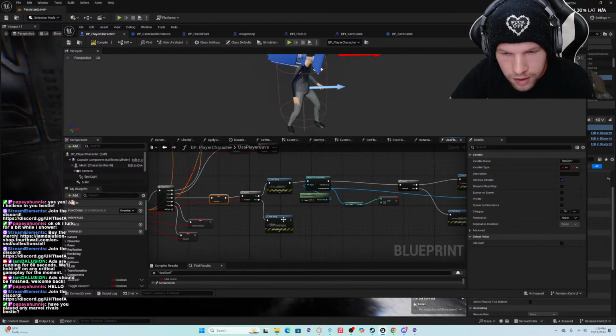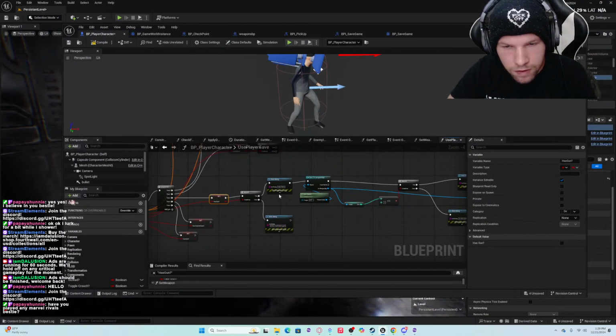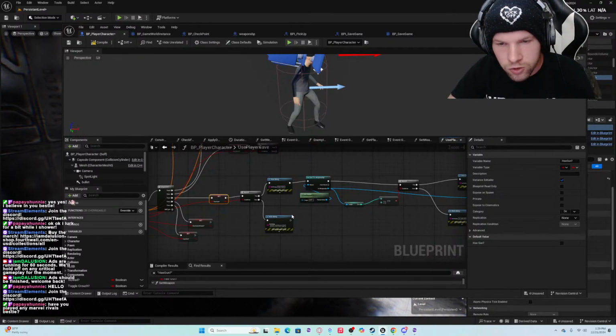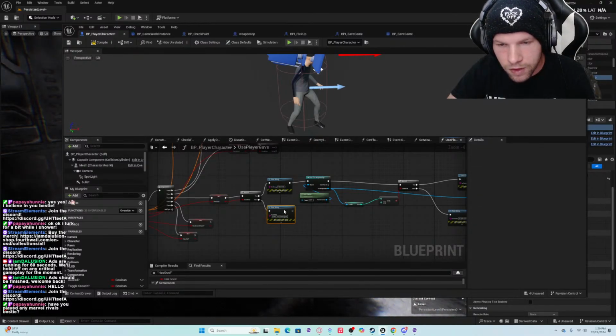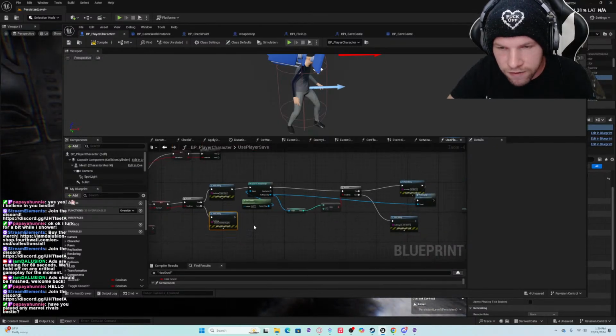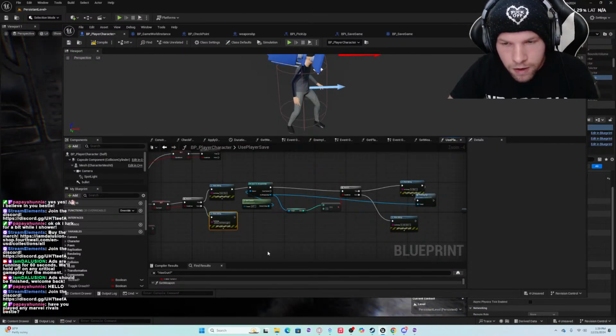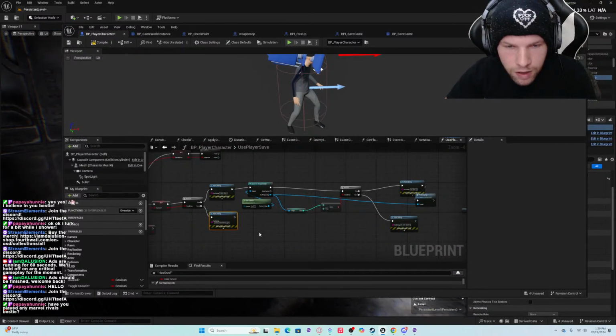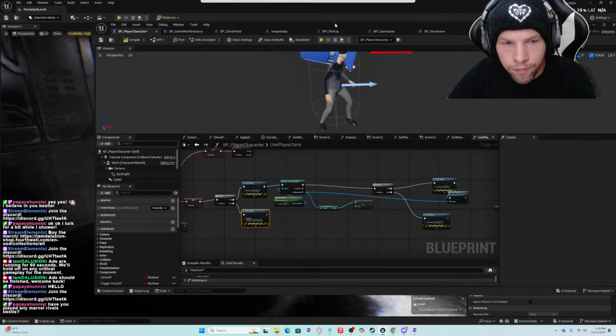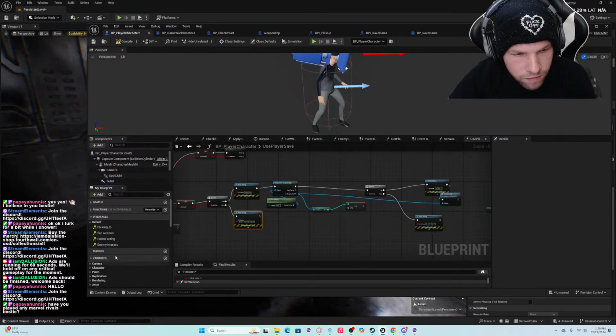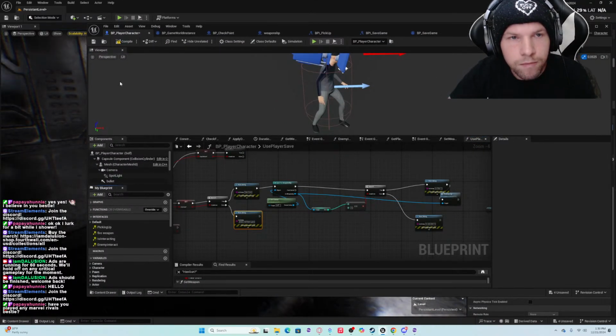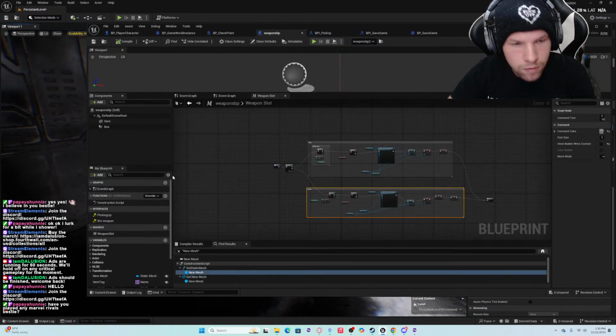So has gun. If true, we're gonna print a string that says has gun. If false, then we just print string does not have gun. Interfaces picking up. Weapons.